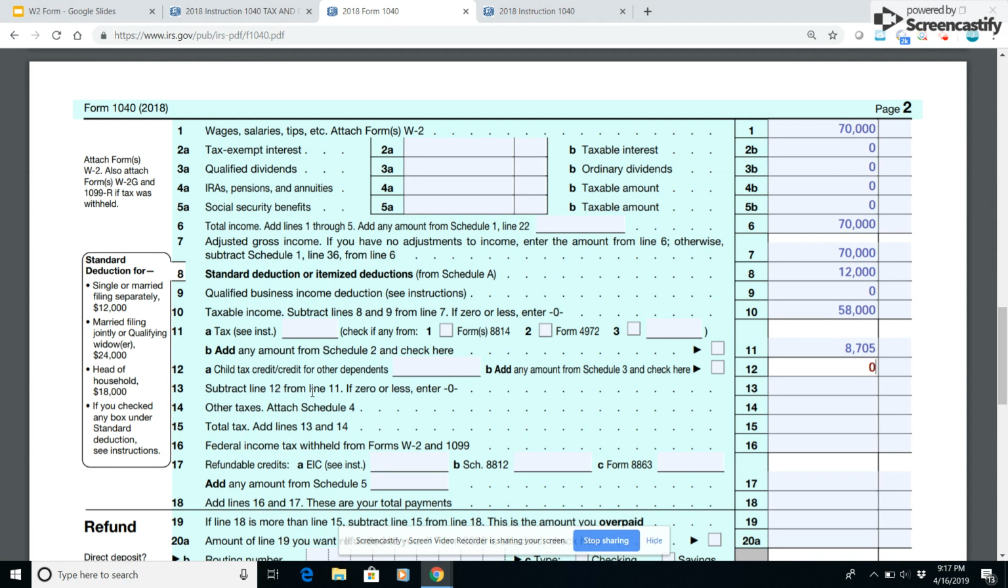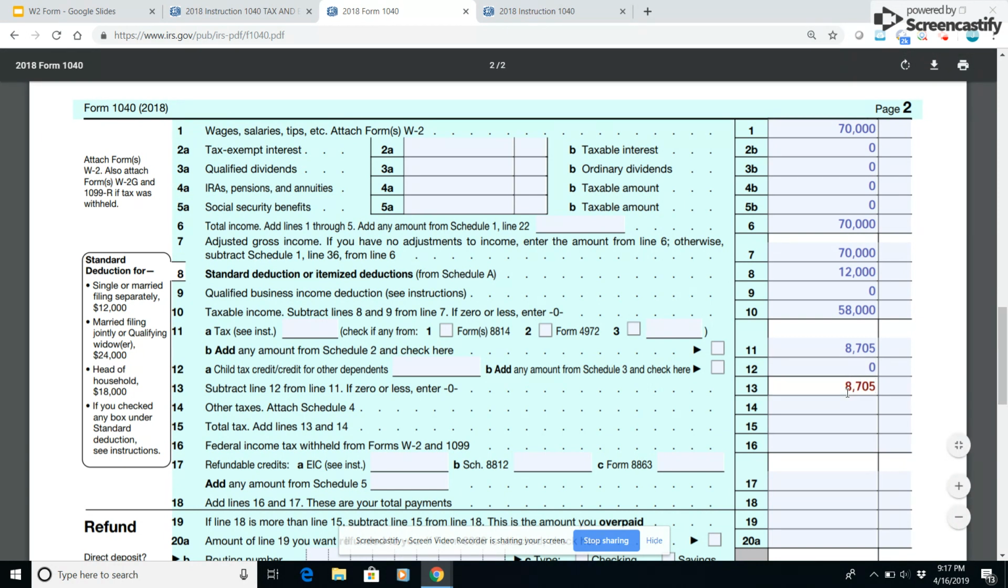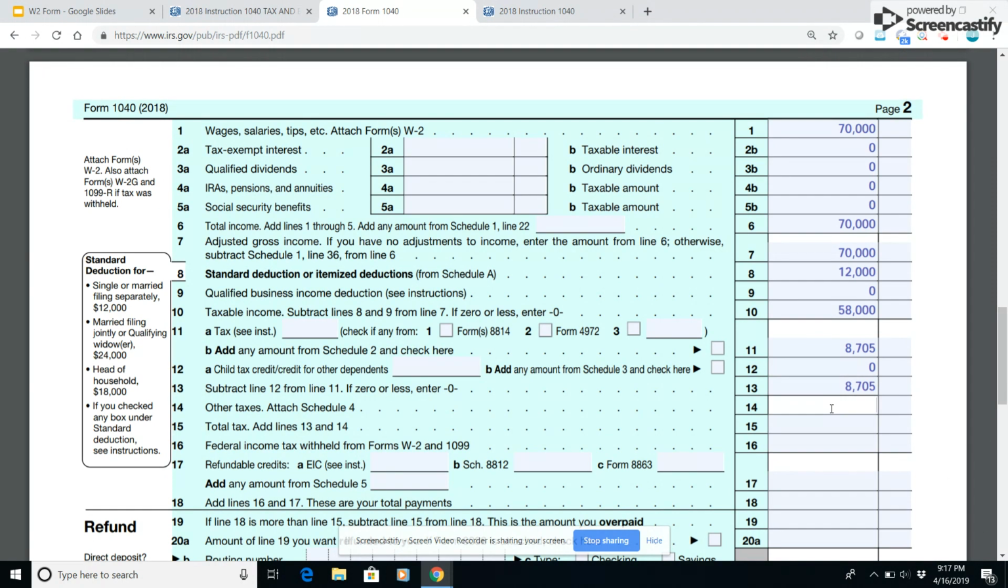Next up, it says subtract line 12 from 11. If 0 or less, enter 0. When we subtract that, we get $8,705 again, and then we move on to line 14, which is other taxes, Schedule 4. We don't have to worry